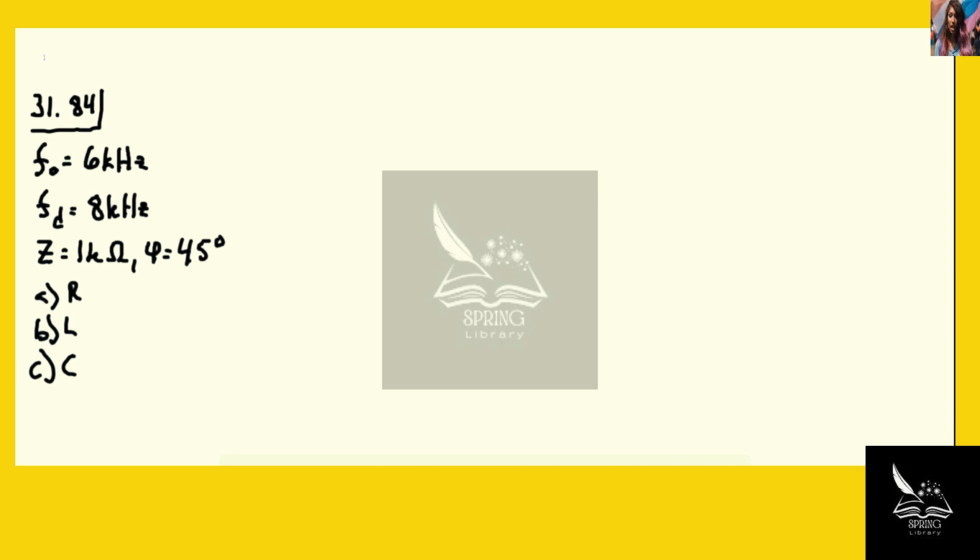31.84. We have an RLC circuit with a resonant frequency of 6 kilohertz. It's being driven at 8 kilohertz, and when that happens, we're told that the magnitude of its impedance is 1 kiloohm, and its phase constant is 45 degrees. And so then we want to find the values of the three components. So for part A,